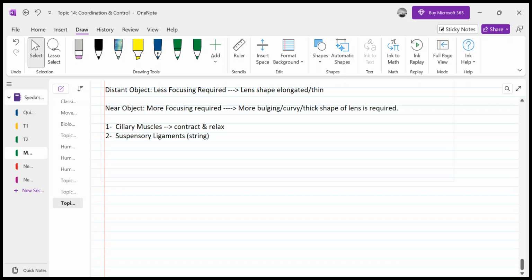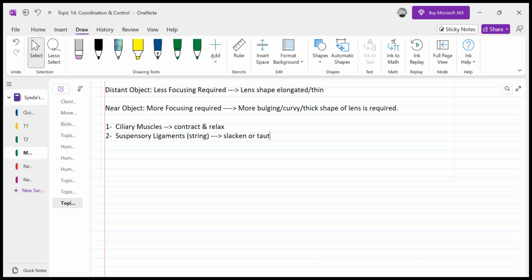You will not be writing that they are contracting or relaxing, rather you would be writing that they are becoming slack, or taut. Taut means tight, and slacken means to get loose. The terms that you would be using, which I'm about to discuss, we have only a minute left and I had to complete this topic.